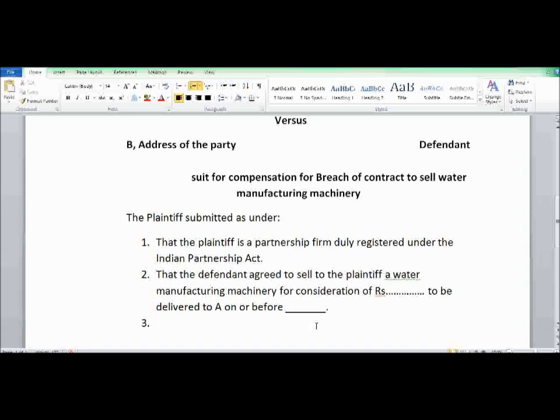Now the third point we will come to, and we will discuss the failure of the defendant to deliver the machinery. We will also consider the point that the defendant knows that if he doesn't deliver the machinery at the right time, it will cause damages to A. So what we will do, we will write here that